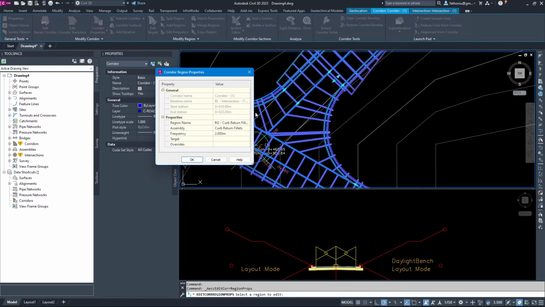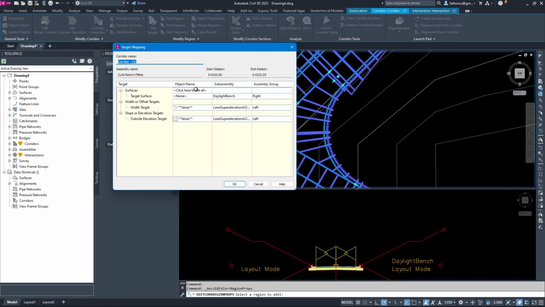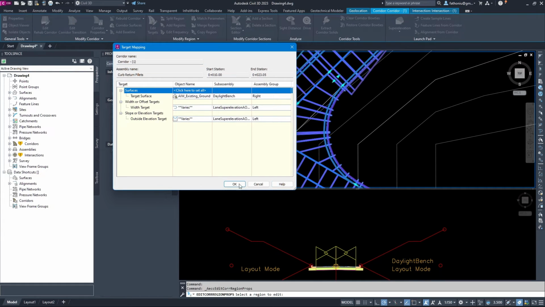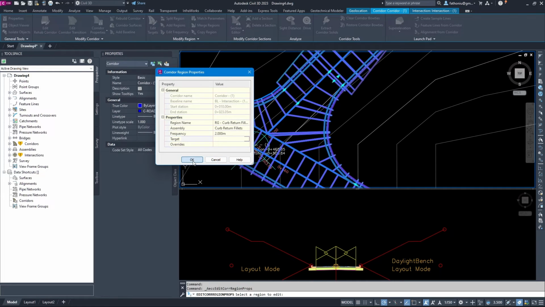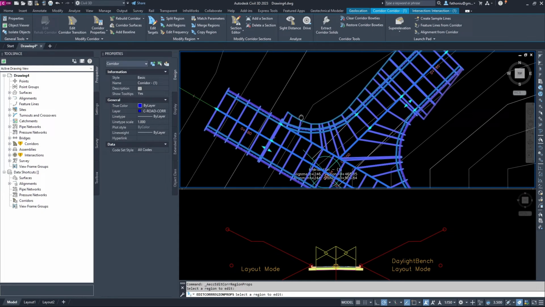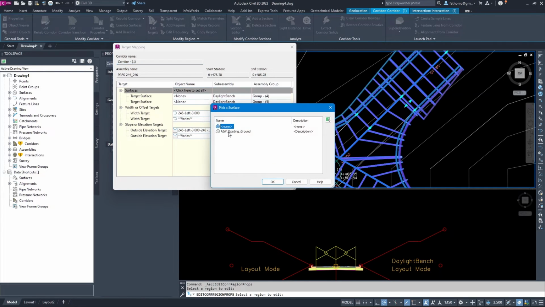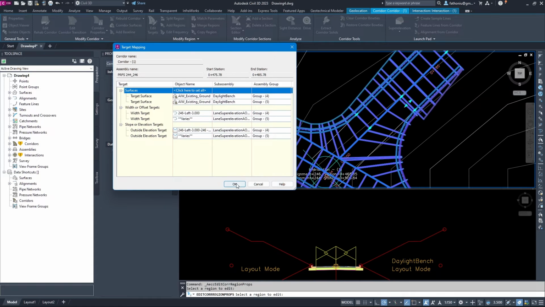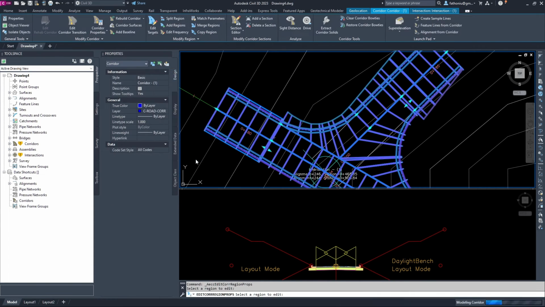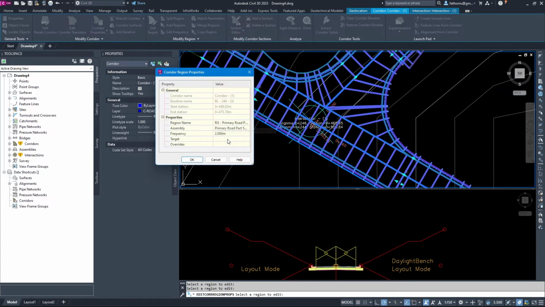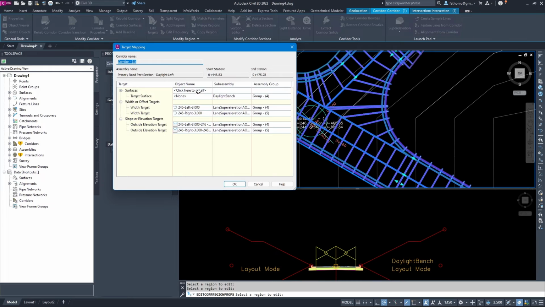So this region, so we check the target. So you can see the target is empty. Okay, and okay. So then the daylight already available. So this one that we check. The target is not properly updated. Here as well. Let me check here.